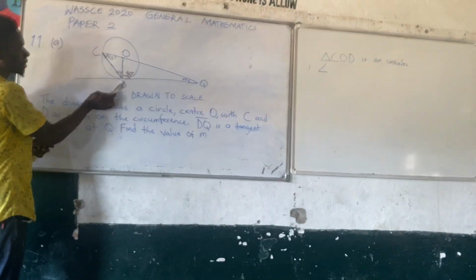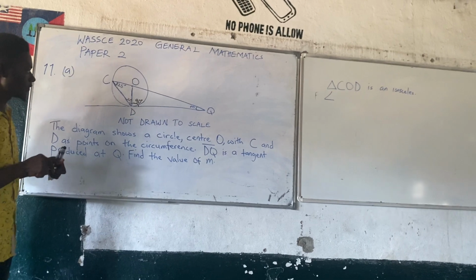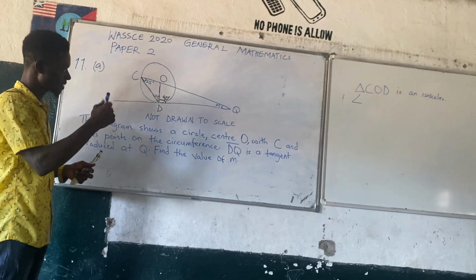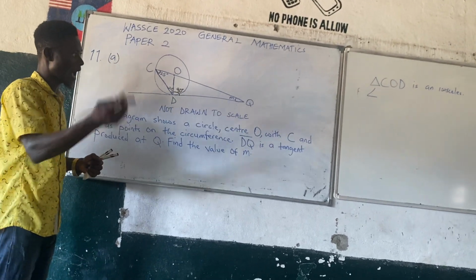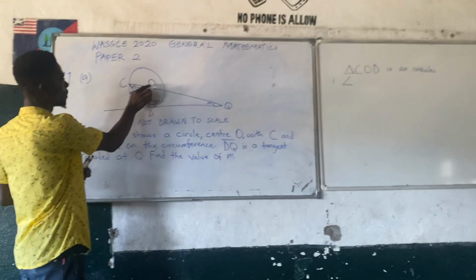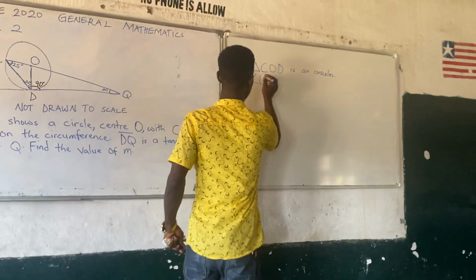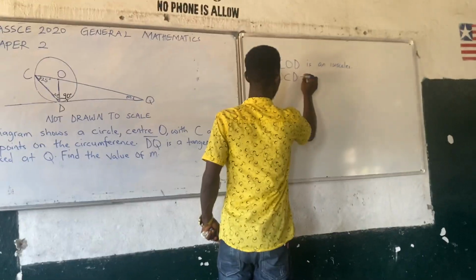OCD or DCO. The only thing here is that whatever name you give it now, or in the first step, should be maintained throughout until you find the solution to the problem. So we can say angle OCD. So angle OCD equals